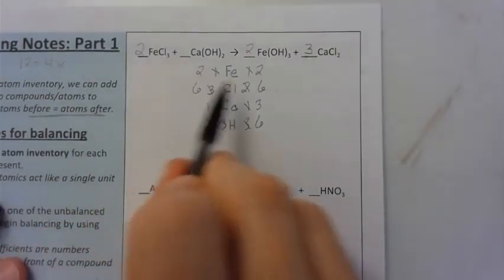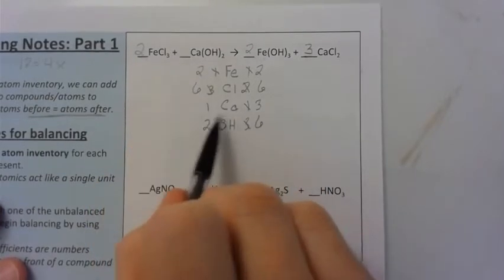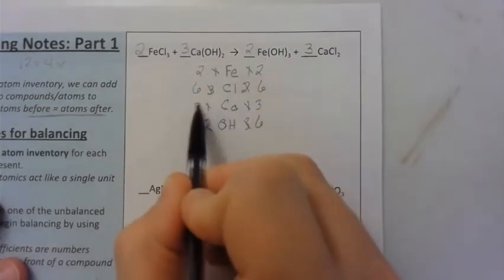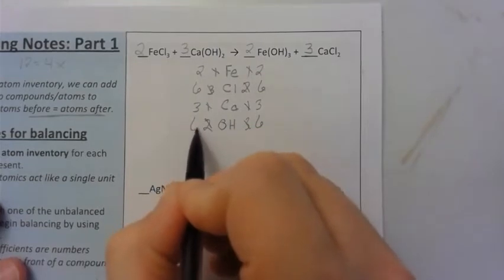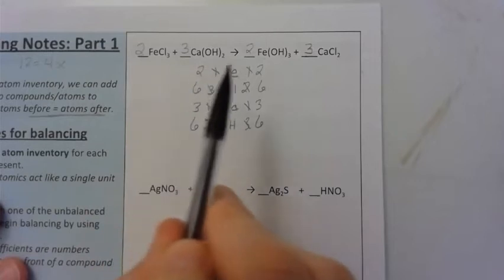Okay, so now our iron and our chlorine are balanced, and we've got this one number that we could put here that would give us 3 calcium on the reactant side, and lo and behold, we got 3 times 2, 6 hydroxides on the reactant side. So now we know we've got a completely balanced system